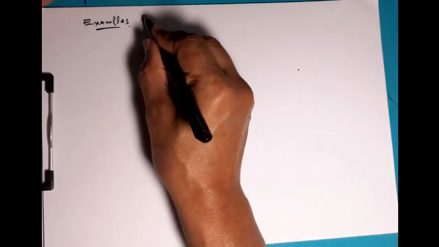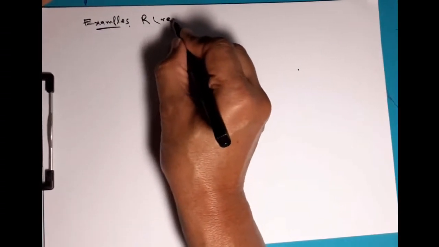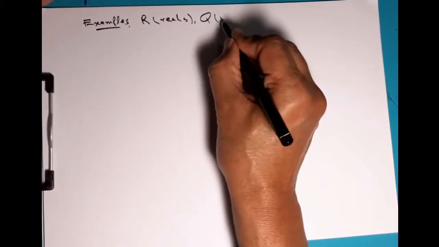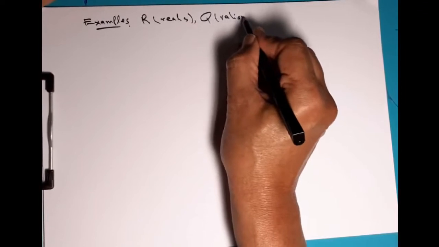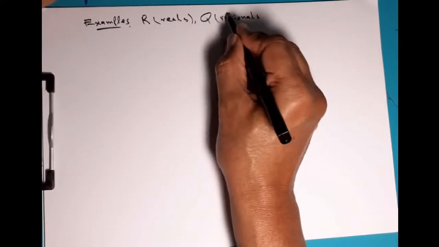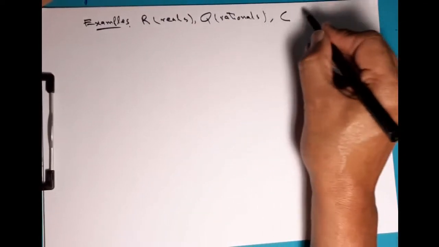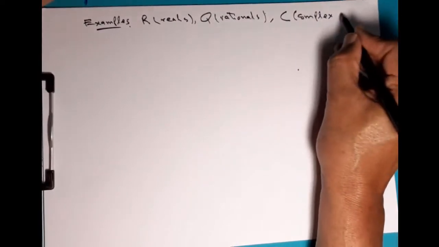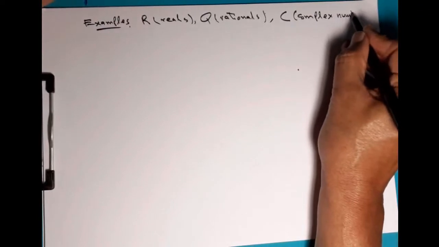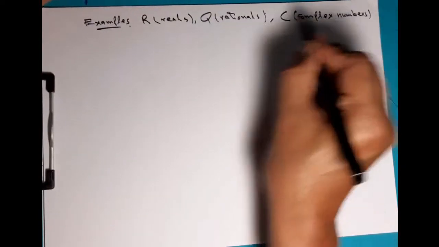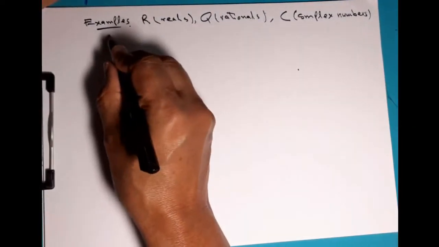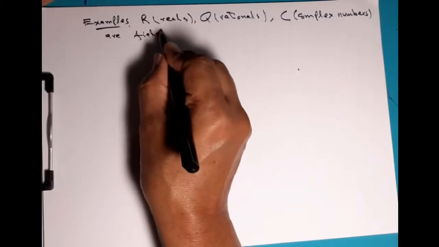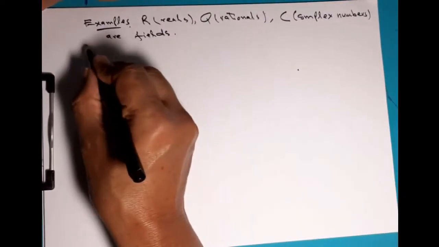R, the set of real numbers, this is a field. Q, the set of rational numbers, this is a field. C, the set of complex numbers. All these are fields. Note that